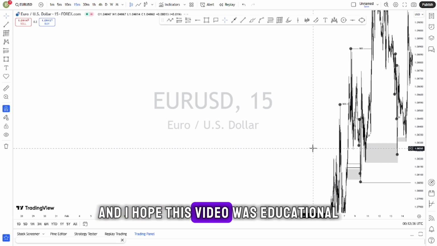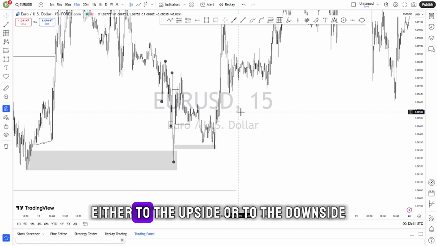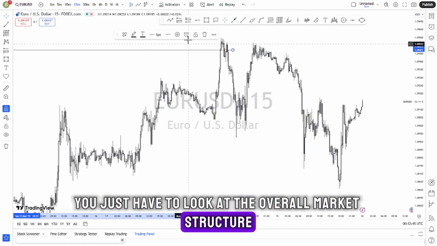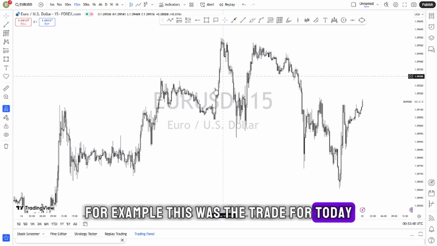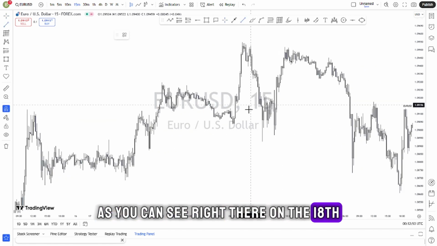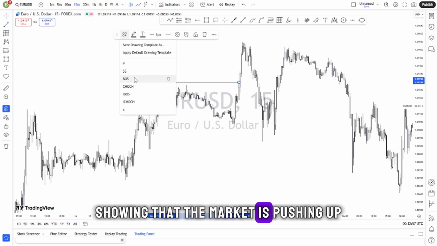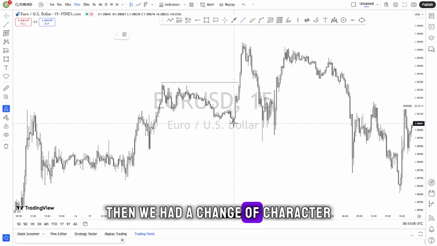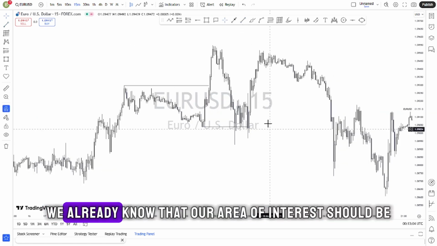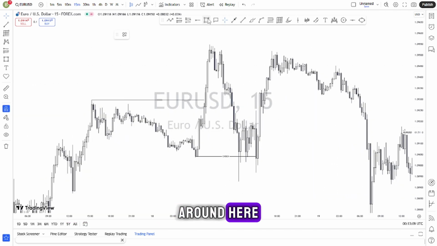And I hope this video was educational. You look for a break of structure either to the upside or to the downside, you just have to look at the overall market structure. For example, this was the trade for today, as you can see right there on the 18th. So we had a break of structure here to the upside, showing that the market is pushing up. Then we had a change of character, taking out the low here. And after taking out this low here, we already know that our area of interest should be around here, firstly